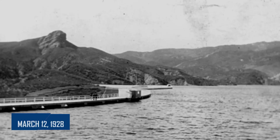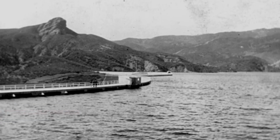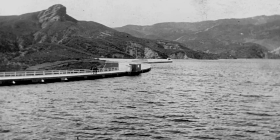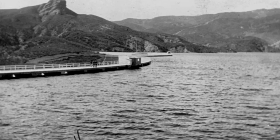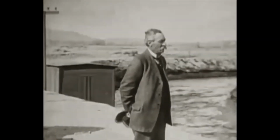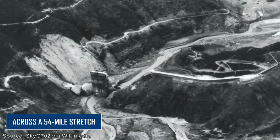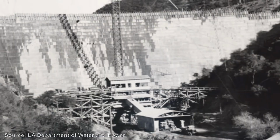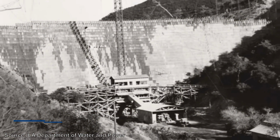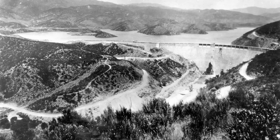On March 12, 1928, at approximately 11:57 p.m., the St. Francis Dam, located in San Francisco Canyon, northwest of Los Angeles, catastrophically failed. The failure released over 12 billion gallons of water, resulting in a flood that devastated communities across a 54-mile stretch, ultimately reaching the Pacific Ocean. The disaster claimed the lives of at least 431 individuals, making it one of the most tragic civil engineering failures